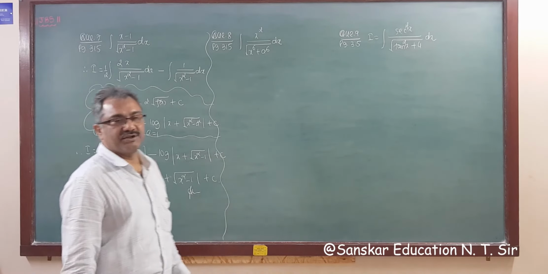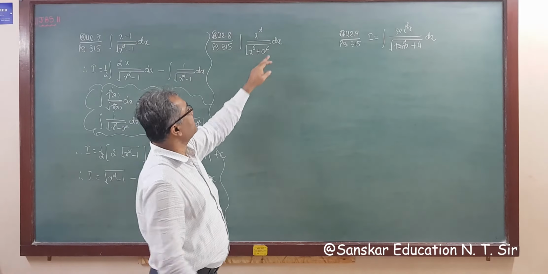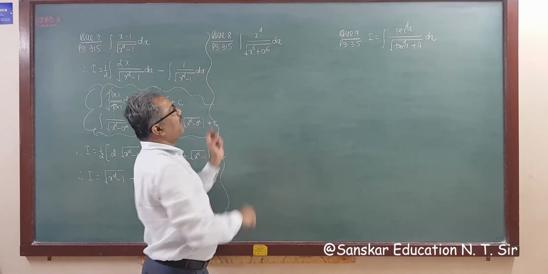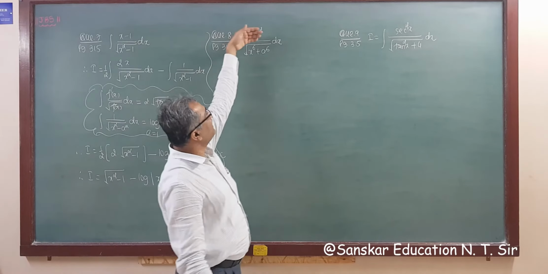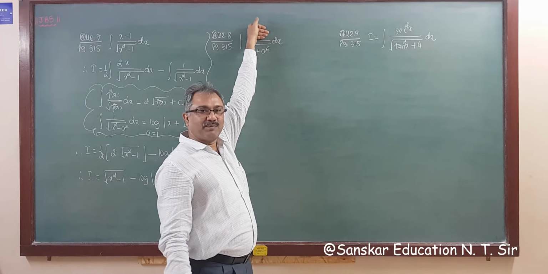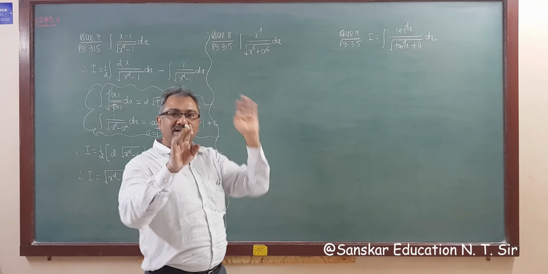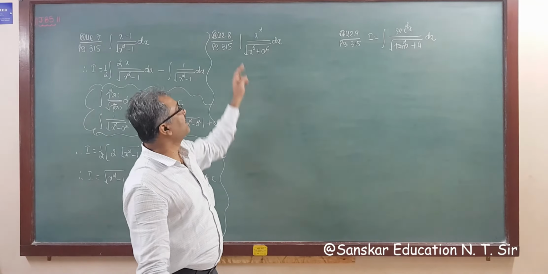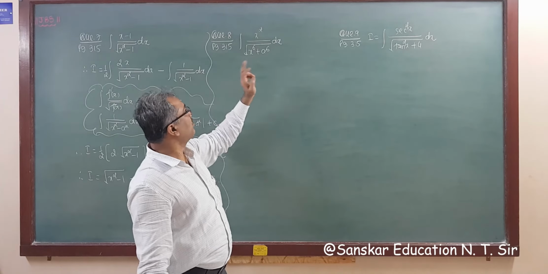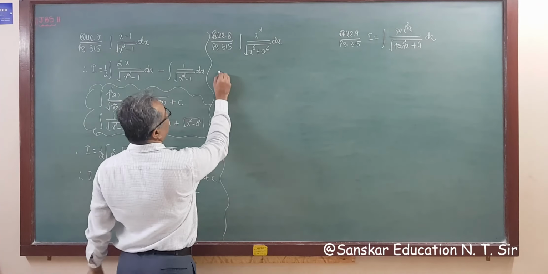Now question number 8, page 315. It is given x square upon x raised to 6 plus a raised to 6. What we need here, if there is a 1, you have to apply any formula of 1 to 6, right? 1 upon x square plus a square, x square minus a square, without root, with root. But here it is x square. So also you need something square here. So I am writing that.